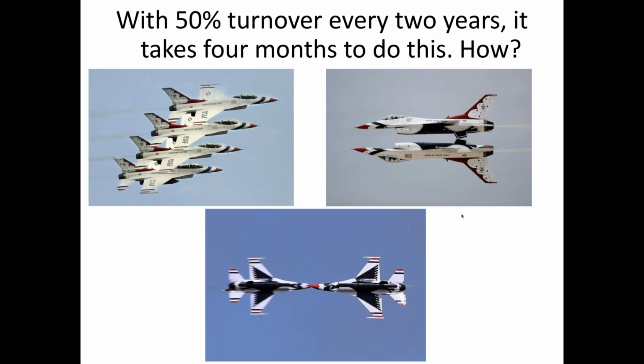And he makes this point too, because now he works for a company called Afterburner, and Afterburner helps corporate America, corporations around the world, I think, implement the debrief and the lessons learned. And he says, the Thunderbirds have a 50% turnover every 2 years. There's 6 pilots, and 50% of them turn over every 2 years. After 4 months, they're able to go out and do an air show and do stunts like this. How does that happen? He points out that in many companies and many firms, groups have been together for decades and they can nowhere near achieve this level of performance.